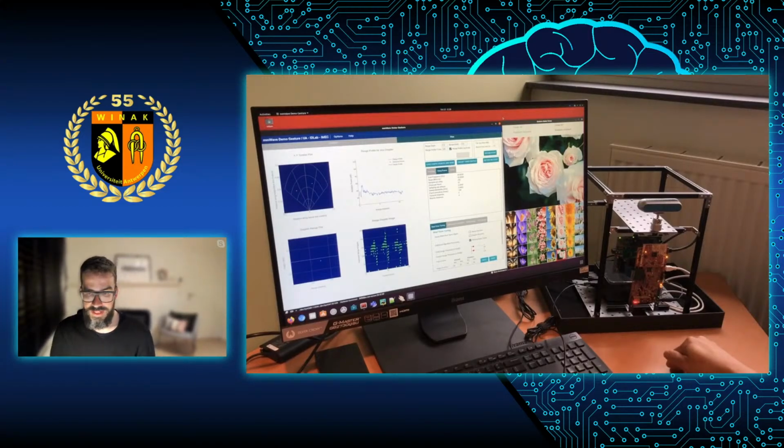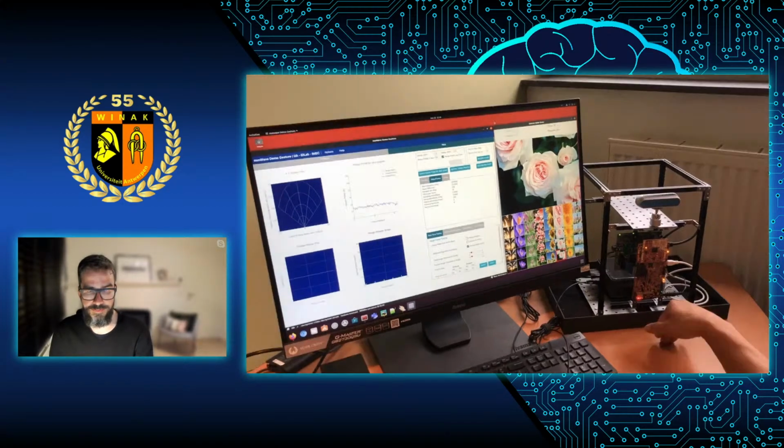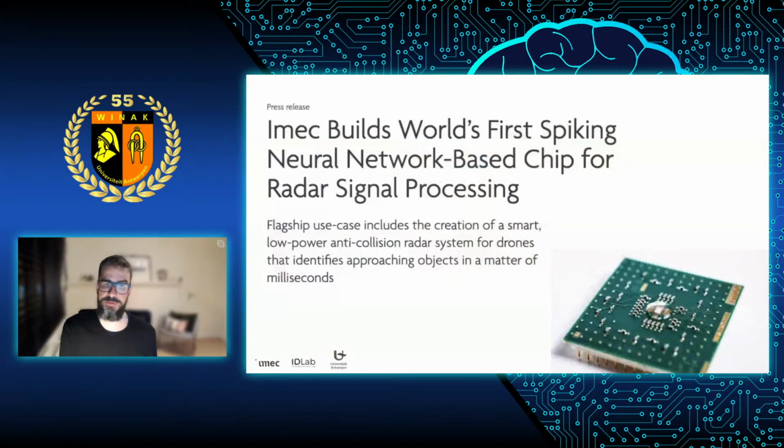I think one last thing to mention is that I really focused on the software side now, but hardware goes hand in hand with this. So if you really want to make this in a low power way, it's important to have a very performing hardware chip as well. That's also one of the reasons why we're part of imec. So it's super cool to see that we can do this hardware software design together.